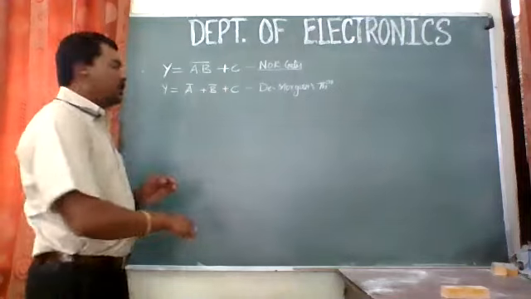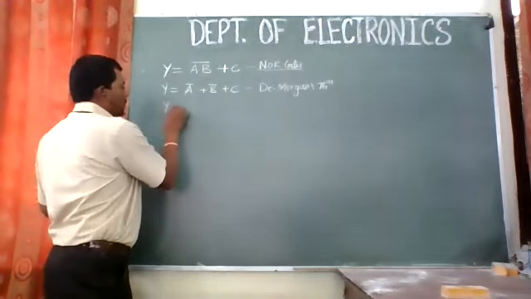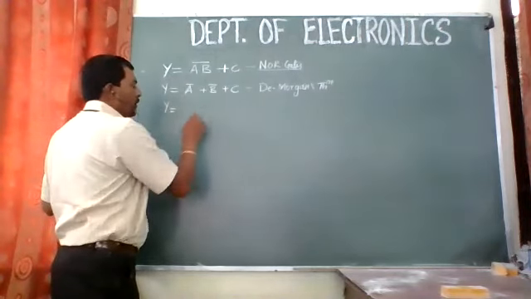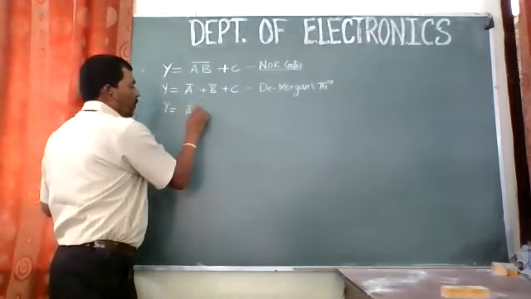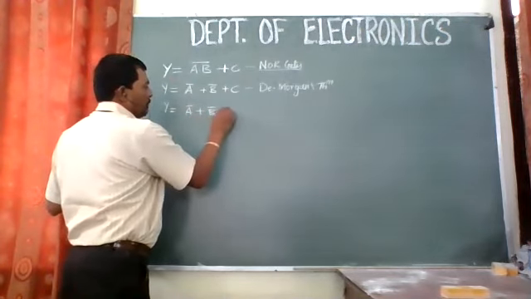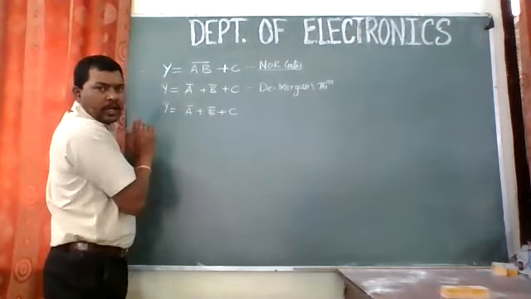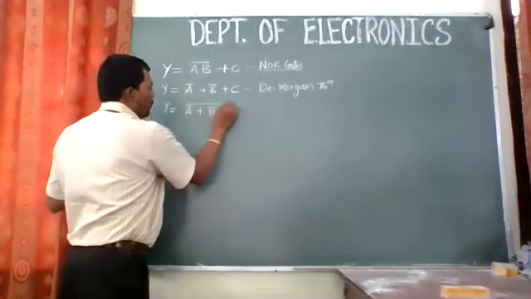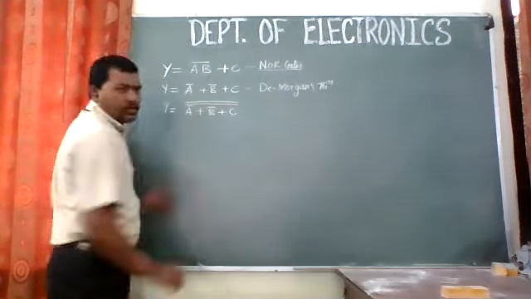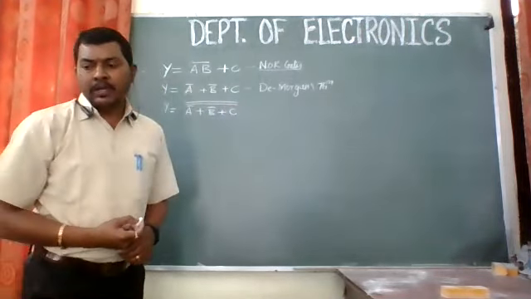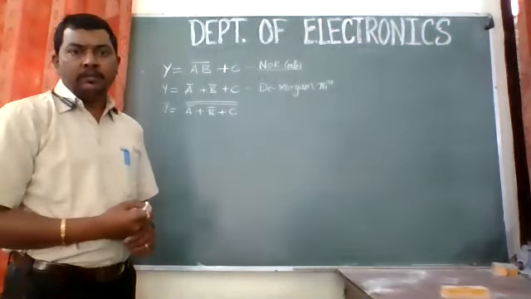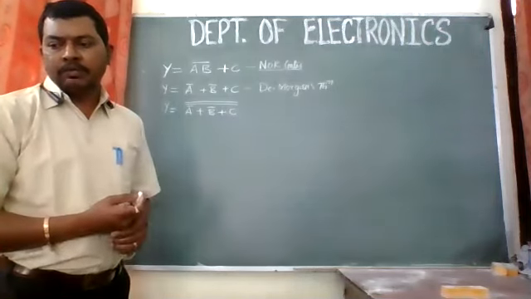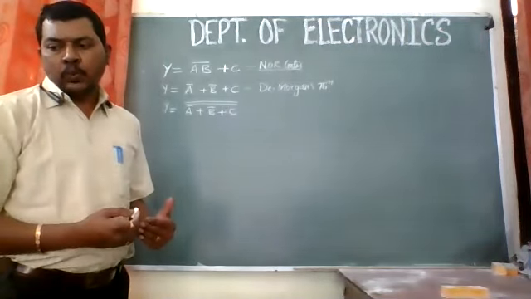Now again use the sixth law of Boolean expression, that is the law of inversion. So we take the double complement of the whole equation, a bar plus b bar plus c. I have written the same equation as it is. Now I need to have two bars at a time, so I am taking a double bar over a complement plus b complement plus c. That is the law of inversion, which will give you the same equation, right?